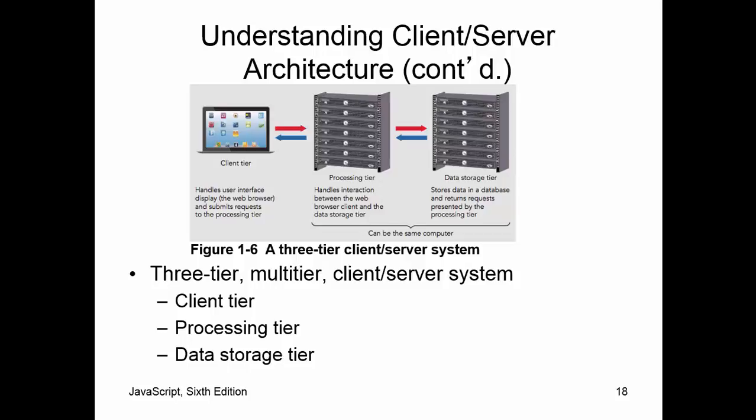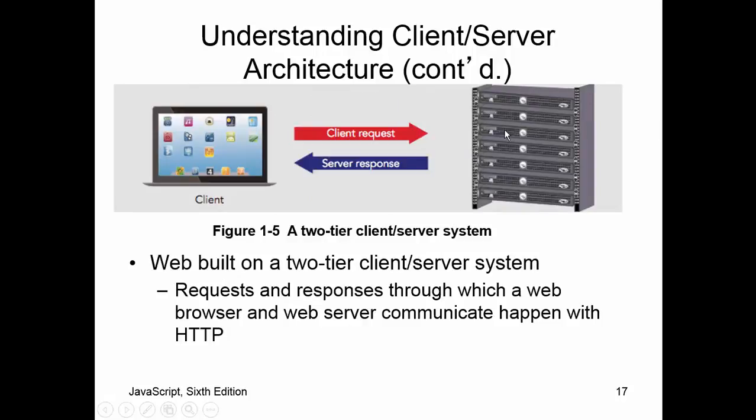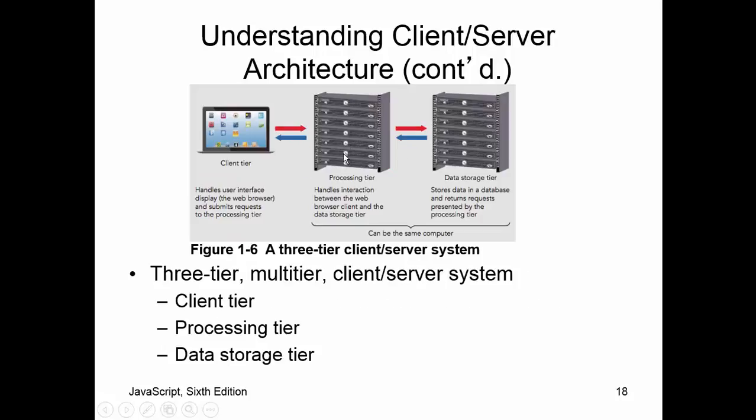Today, you're more than likely going to have a multi-tier system, at least a three-tier. So what they show here is rather than having one server that can handle all the requests and give all the responses back, instead you've got one server that gets the requests, but it's going to call one or other servers that are going to actually give information back to that first server so it can send it back